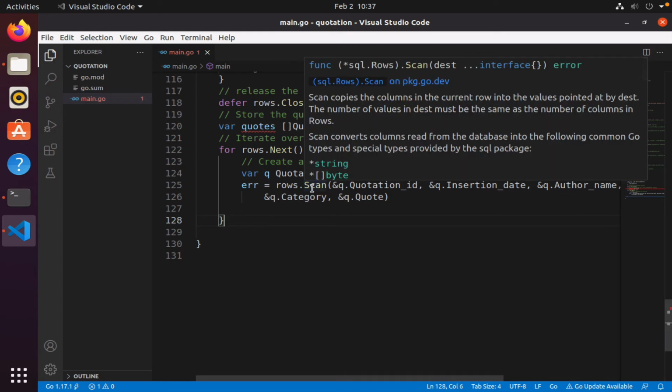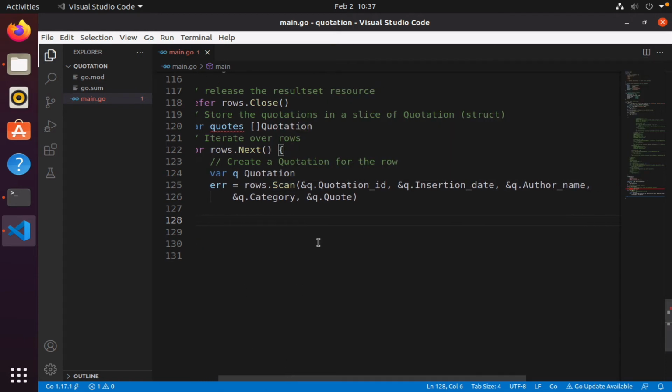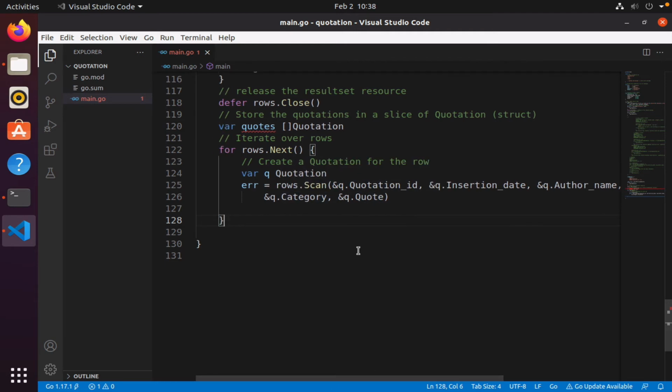Of course, after we scan, we need to provide all the 5 column variable names, which is Q. Once we have that, then we can go ahead and